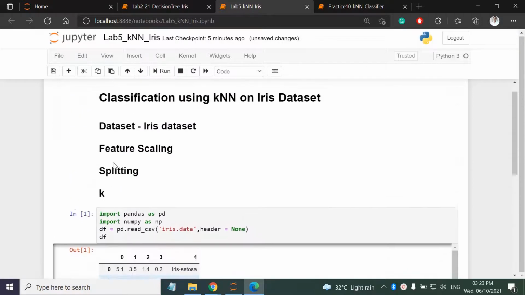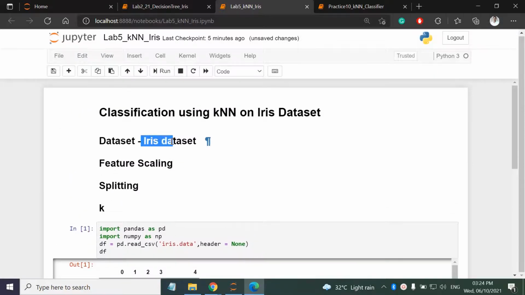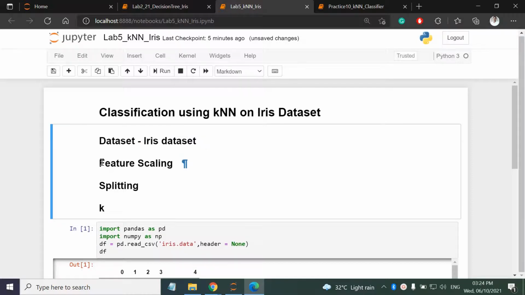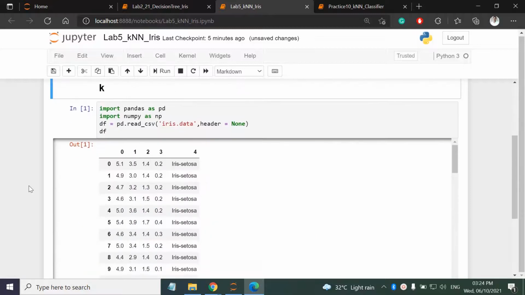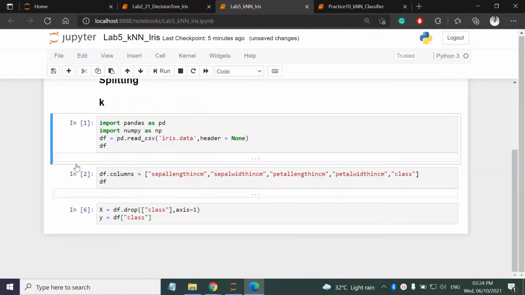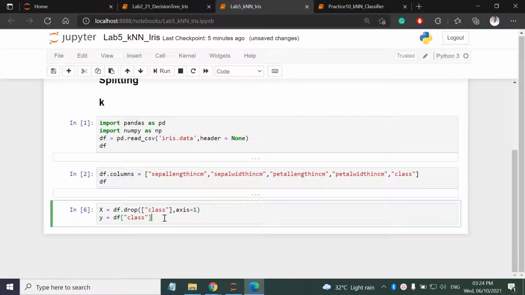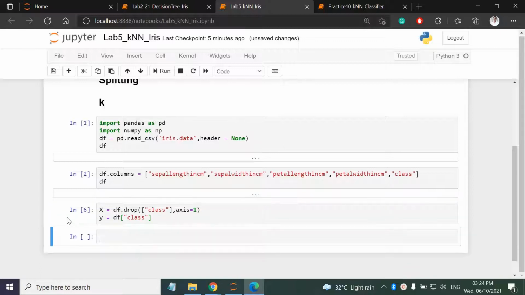Now what I have to do, so we have read the iris data set, then we have to decide about the feature scaling. Okay, so if you remember the yesterday's example, we have seen that one attribute may have more impact on the final distance, right? So in order to nullify that effect, what we can do, we can scale the attribute in same range. Okay, so just let us observe what data we have.